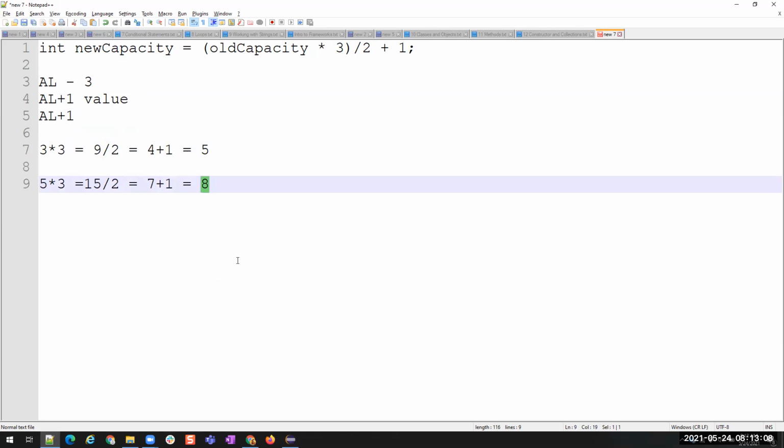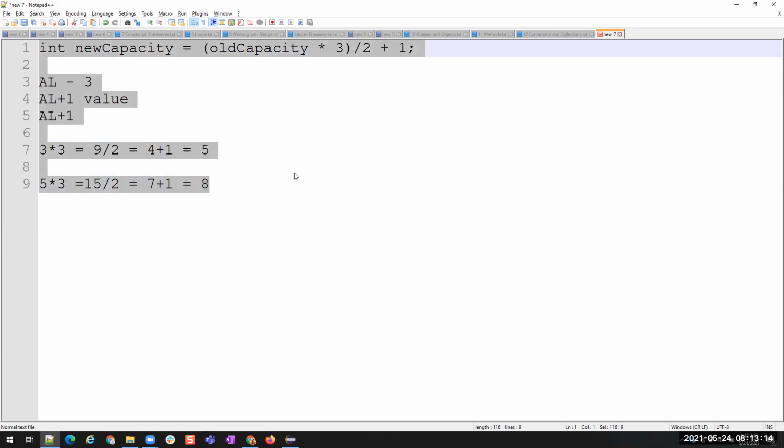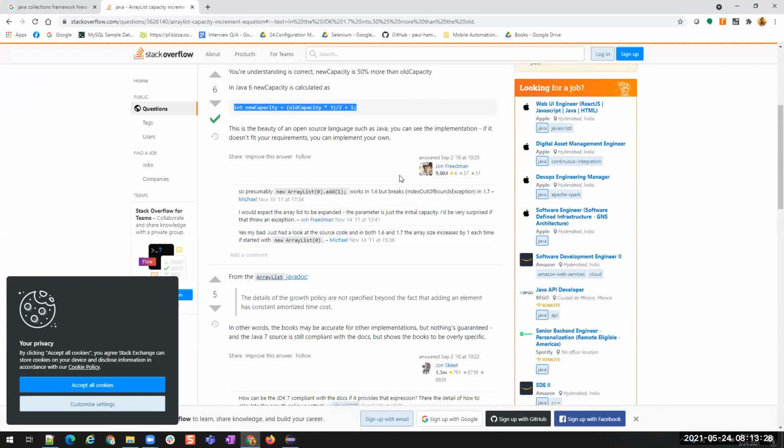You don't have to do anything; it will be done automatically. So you understood, this is how it is resizing the collections objects. Is that clear?